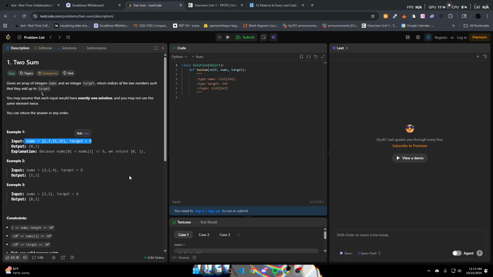All right, today we're going to be doing the two-sum question. This is like the most universal LeetCode question ever, right? Like this is like the first question you do. The interesting thing about this question is that